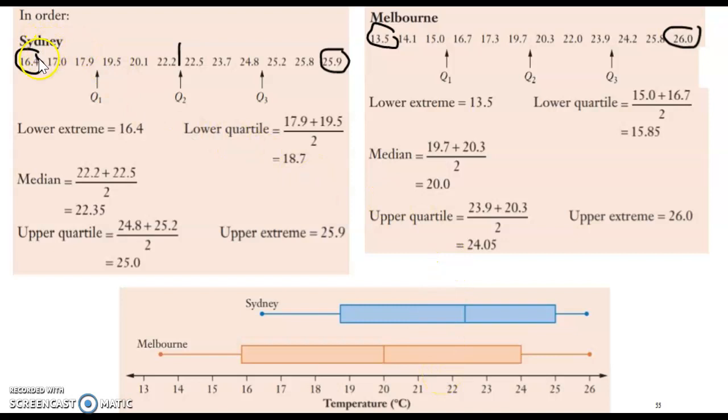So first of all, before you start to draw it, look at your numbers and find which one is the lowest out of those two sets of data. And it looks like 13.5 is the lowest. So when we make our scale, we need to start from 13, something a little lower than that. We need to make our scale go up to at least 26 because that is the highest number. So we've decided to go up by 1, starting at 13,